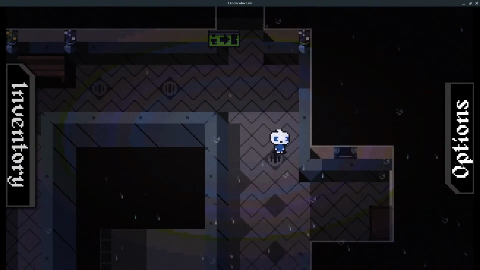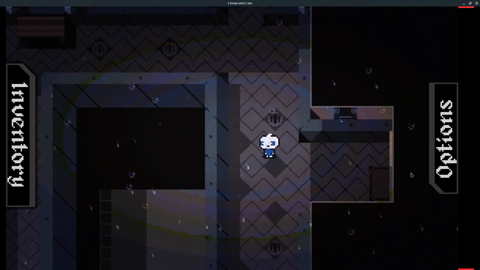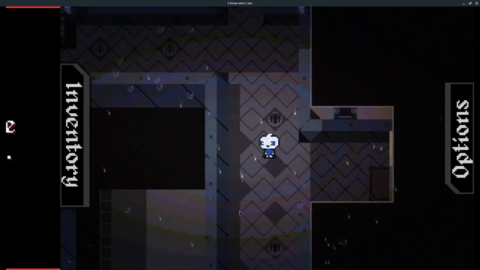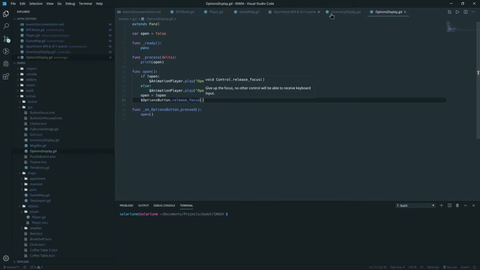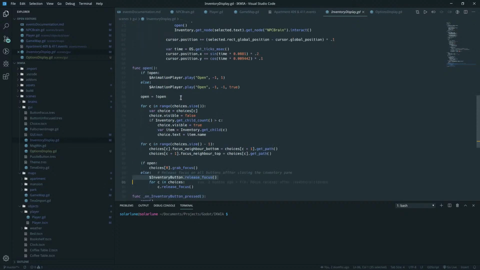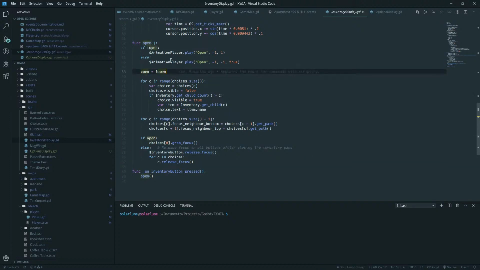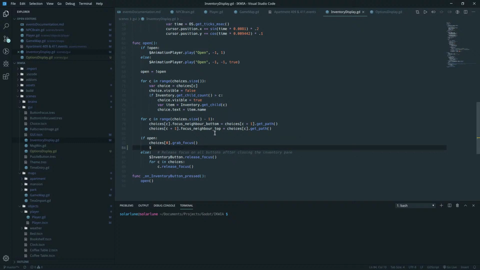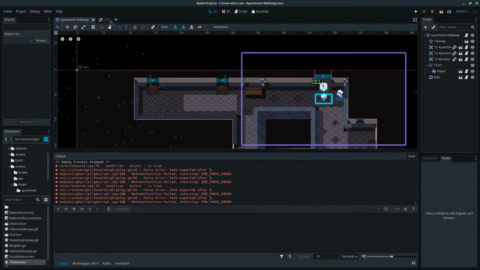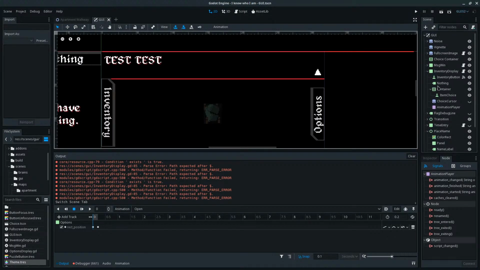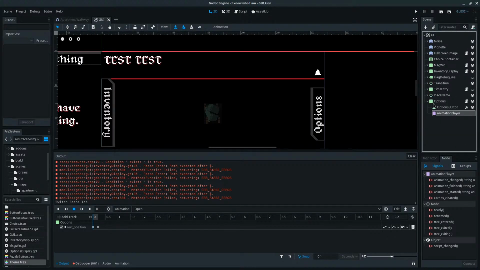There we go. Cool. Alright, so we probably don't want both of them open at any given time, so we'll go to the inventory display and say that if it's open, then we probably want to call... let's say if... actually get node inventory display.